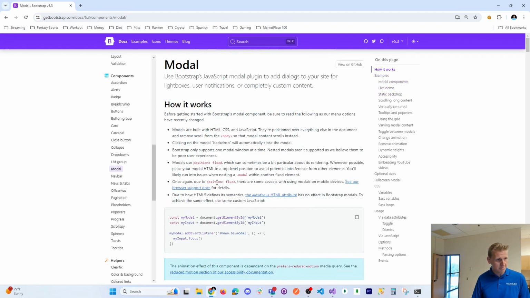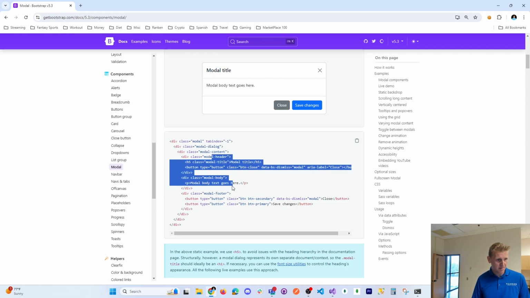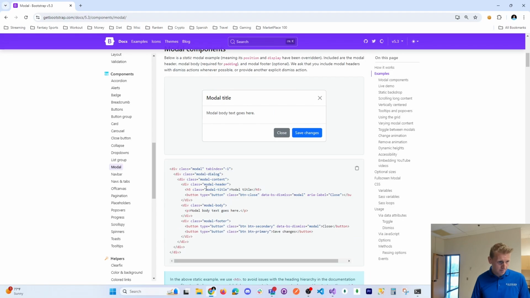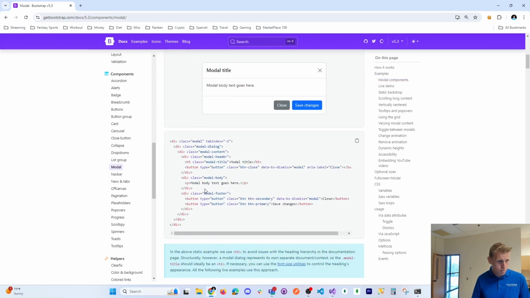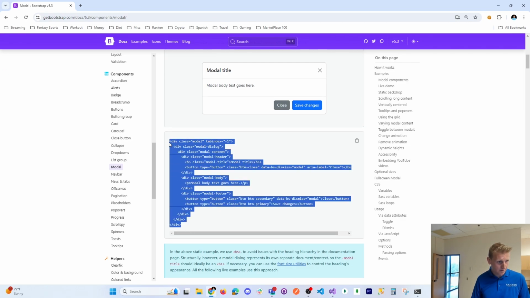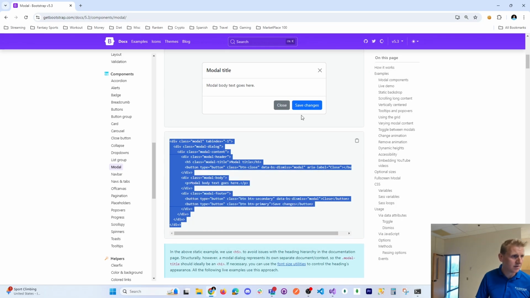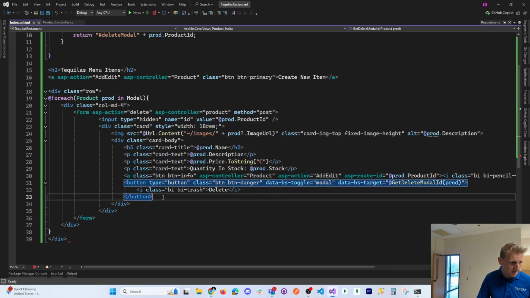Probably one of these top modals. Let's see, header. Yeah, I'll copy this one. Okay, so I'm going to copy this from the Bootstrap docs. And after the button,